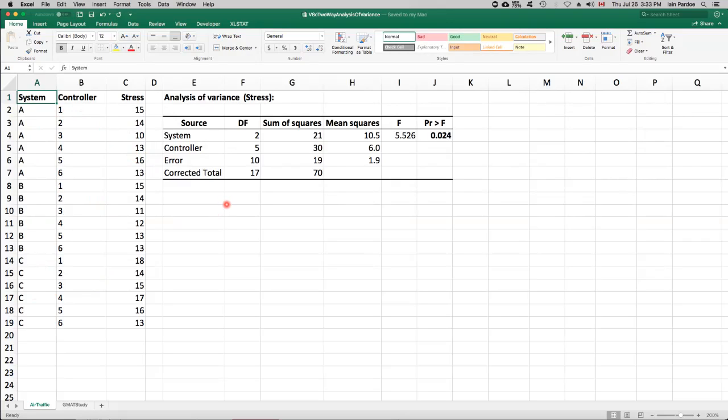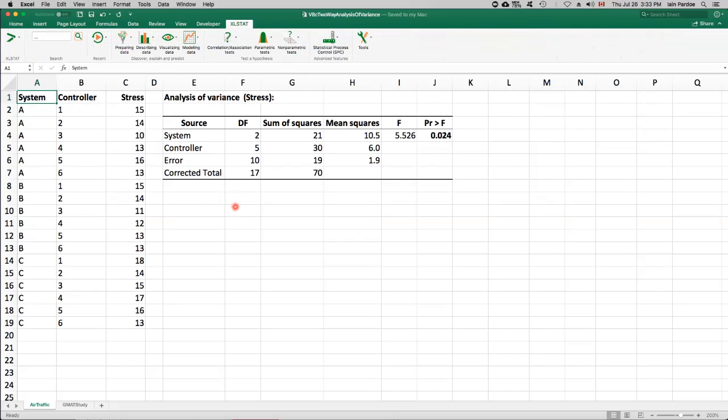So for our analysis of variance, there are formulas we can use to calculate this from scratch, but we don't really want to do that. That's a lot of work, and when we can just click a few buttons and get a computer to give us the output for nothing, it doesn't really give us much benefit. So we're going to jump straight to Excel stat